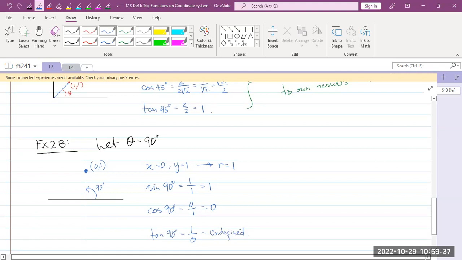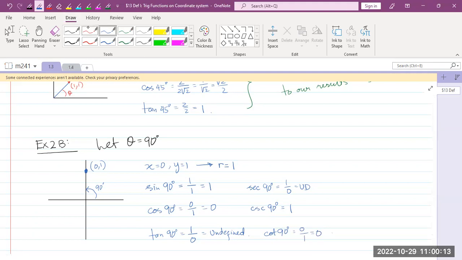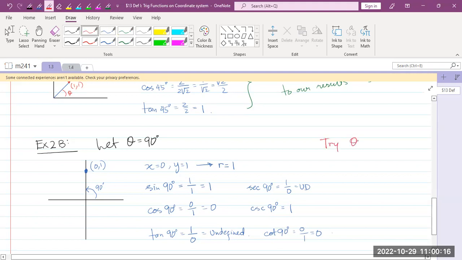Okay, and then from here, of course, we can find the reciprocal trig values for 90 degrees. Secant 90 degrees is the reciprocal of cosine, that's 1 over 0, which is undefined. Cosecant 90 degrees is the reciprocal of sine, that's just 1. And cotangent 90 degrees is the reciprocal of tangent, in this case x over y, that's just 0. Now you should try when theta equals 0 degrees. 0 degrees means you can choose a point on the positive x-axis and find the sine, cosine, tangent